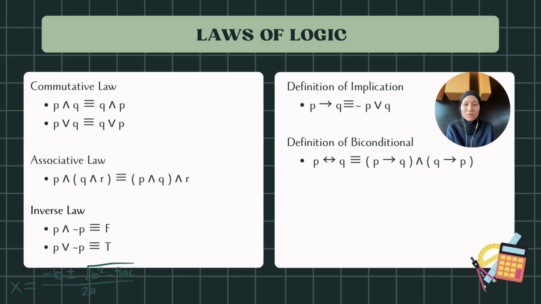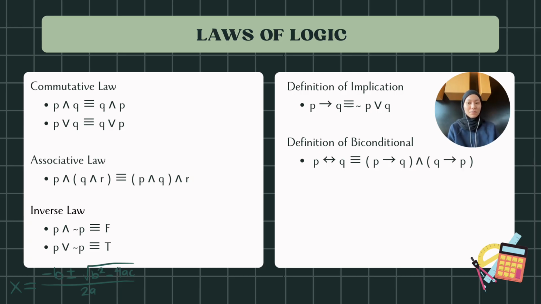Next law is commutative law, where P and Q is logically equivalent with Q and P, and P or Q is logically equivalent with Q or P. Next law is associative law, where P and (Q and R) is logically equivalent with (P and Q) and R. Other than that, inverse law is also one of the basic laws,